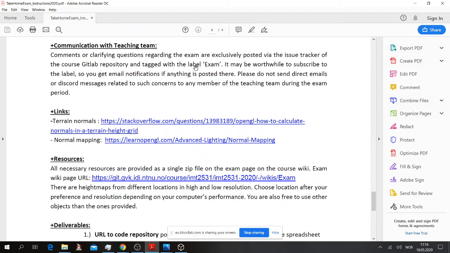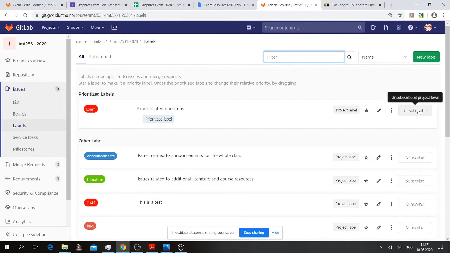Then it's communication with the teaching team during the exam. Since it's an exam, we cannot answer how you solve different aspects, or if you have troubles with the computers. But I already said it's very important that this is up and running. You can of course ask clarifying questions with regards to the exam, like some of you have done now, if it's something you wonder about. And as I explained, you do that through the GitLab repository. It's important that you include this exam label, as I said, and subscribe to it so that you get an email once it's addressed, because then you will also see when I answer it, for example.